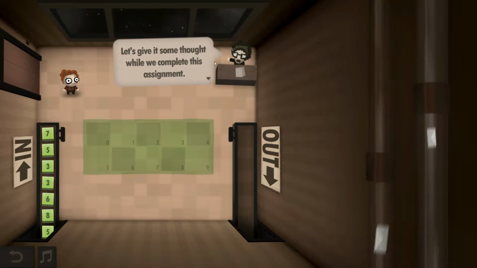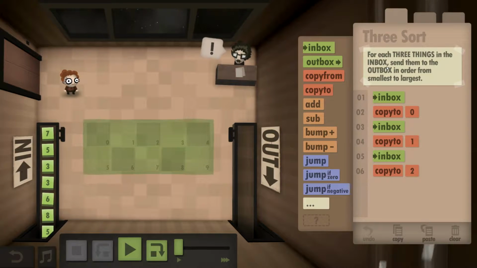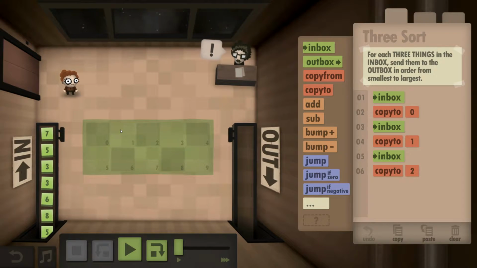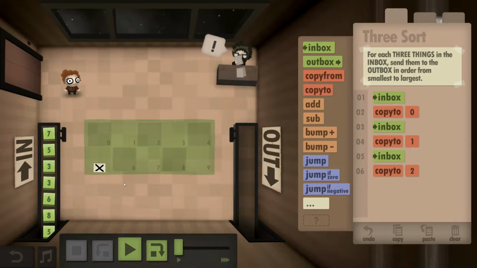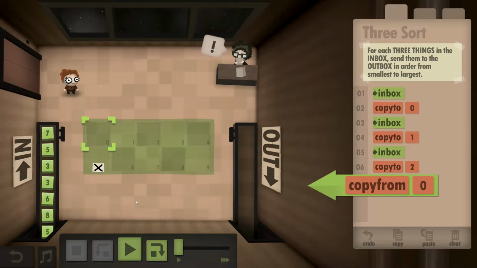Let's give it some thought while we complete this assignment. For each 3 things in the inbox, send them to the outbox in order from smallest to largest. So they've helpfully initialized it. We get this. Okay. So we also will need scratch. So let's just call this X. What we're doing then is we want to copy from 0